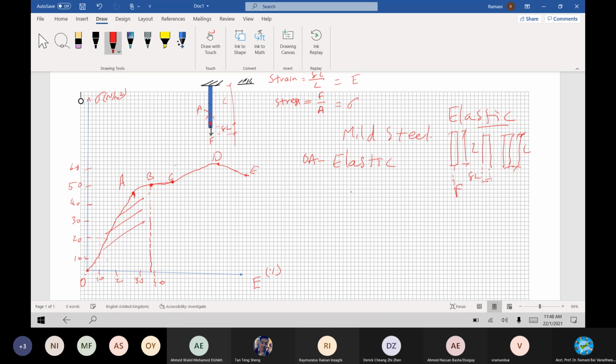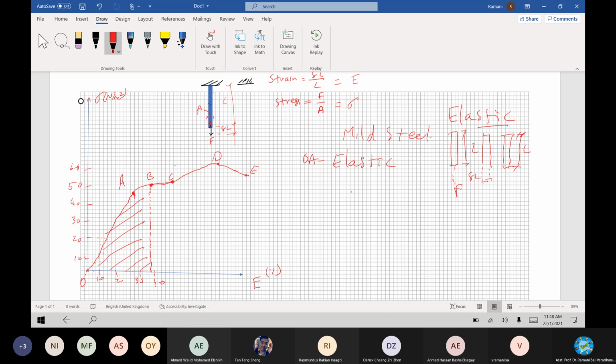So I color this area. This region is called the elastic region, or elastic resilience behavior of the member is shown. If you want to calculate how much is the resilience of this member, calculate the area under this curve. You will have how much is the resilience property of the member.